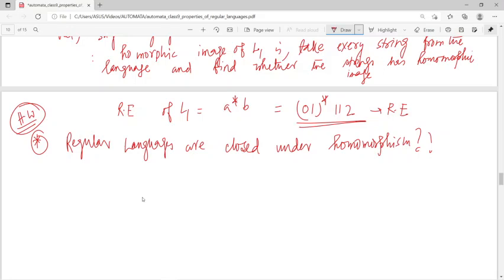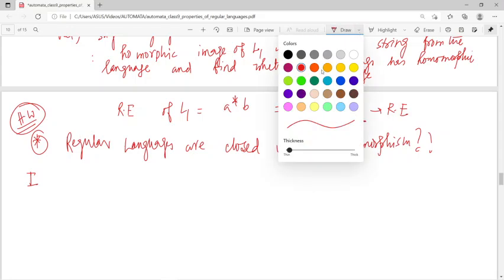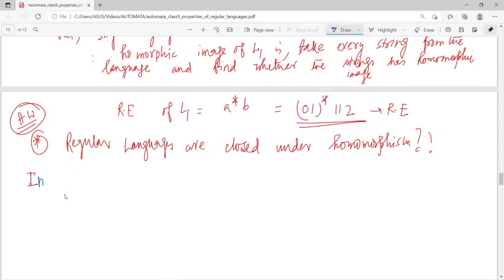and now you just watch carefully about the inverse homomorphism. That is a inverse homomorphism. So inverse homomorphism. So the inverse of homomorphic image of a language, we can write like that, the inverse